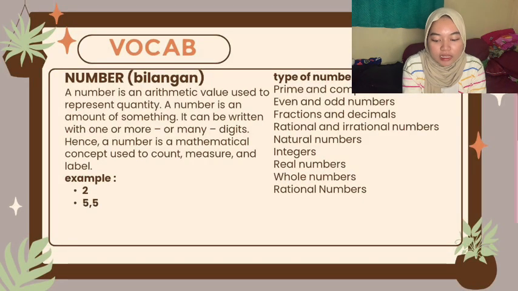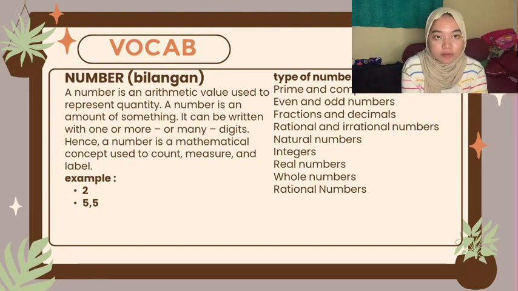Number in Indonesian is bilangan. A number is an arithmetic value used to represent quantity. A number is an amount of something. It can be written with one or many digits. Hence, a number is a mathematical concept used to count, measure, and label. Example: 2,